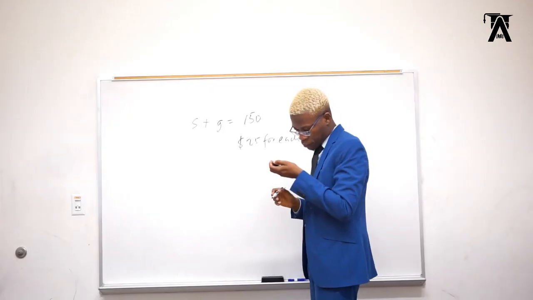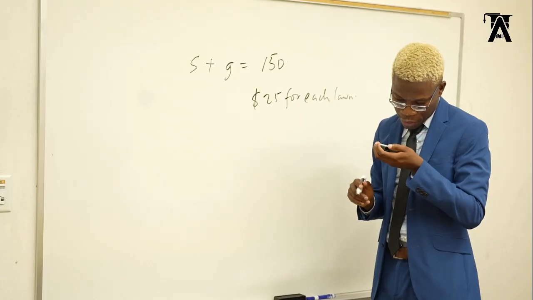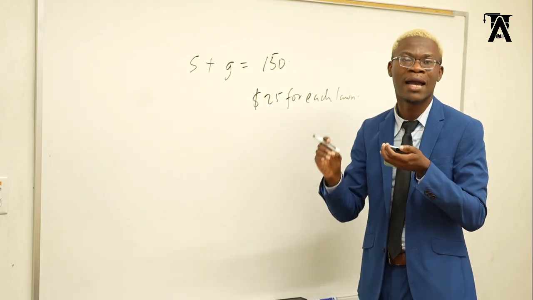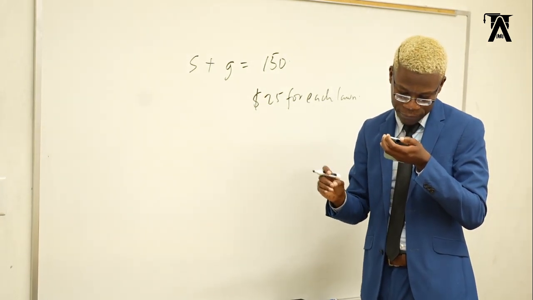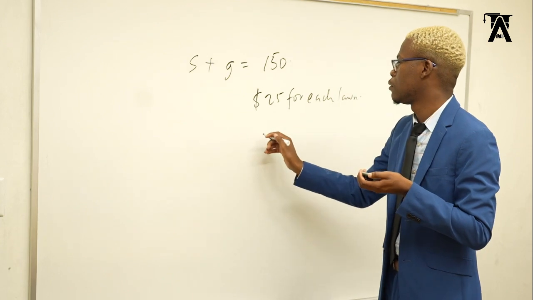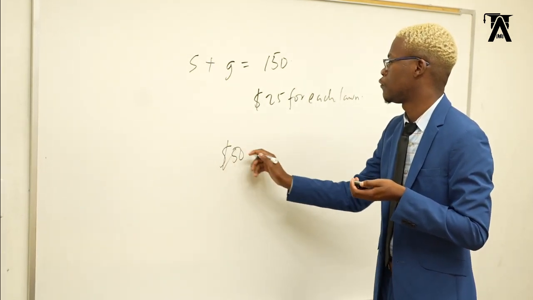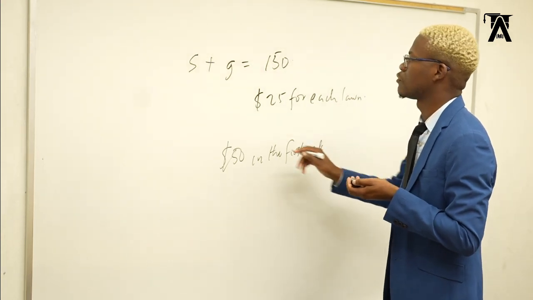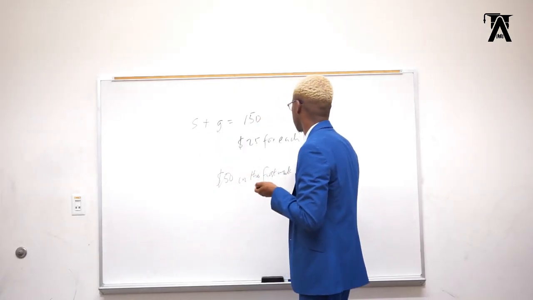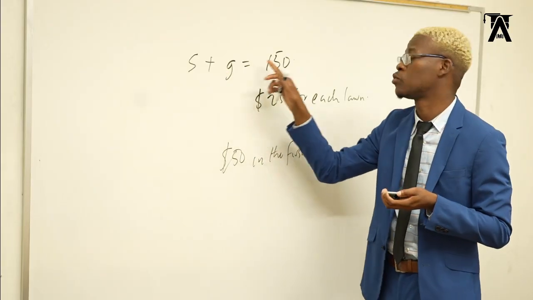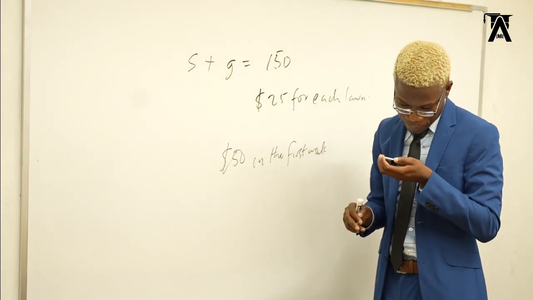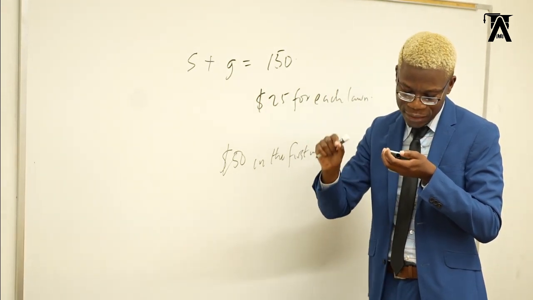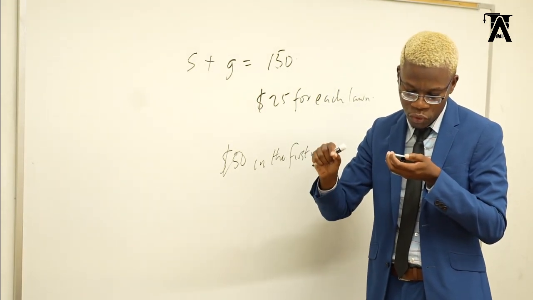Okay. Now, in the first week, Jacqueline made $50 after the cost of supplies and gas was deducted. So she made $50 in the first week. All right. After supplies and gas were deducted. So remember, supplies and gas was what? 150. All right. So which equation represents this situation where x is the number of lawns Jacqueline mowed during the